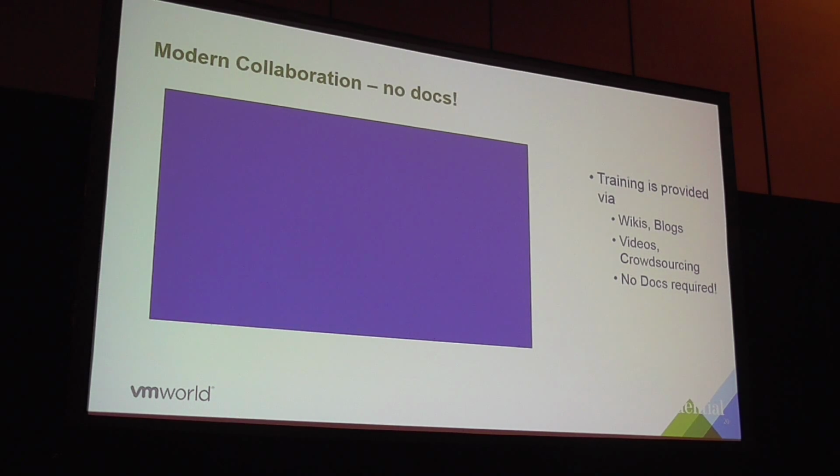So, good question, Jay. There are 5 people who happen to be running and supporting the entire DevOps stack. I don't have the specific